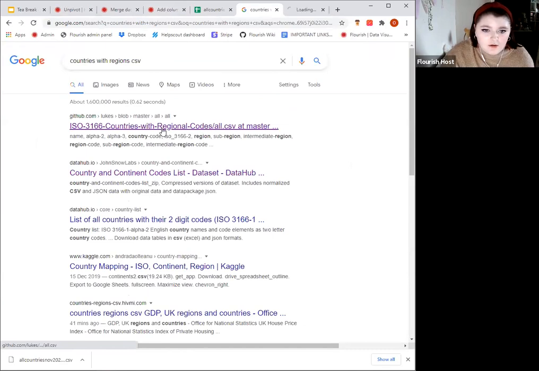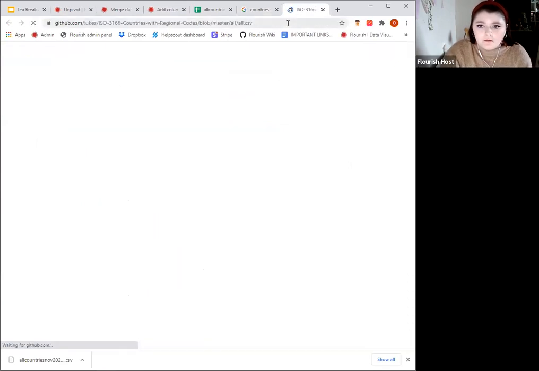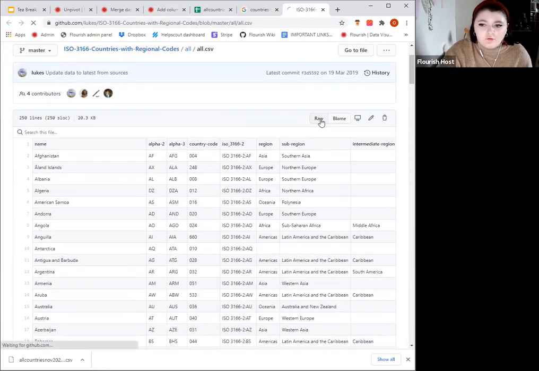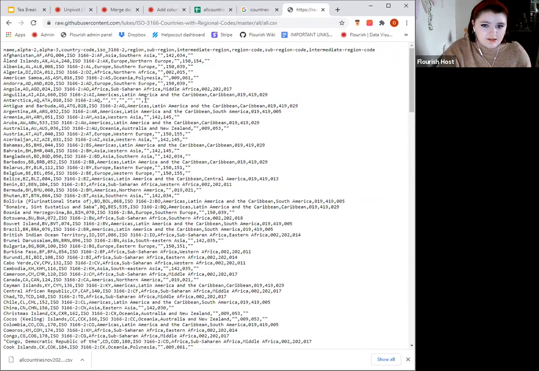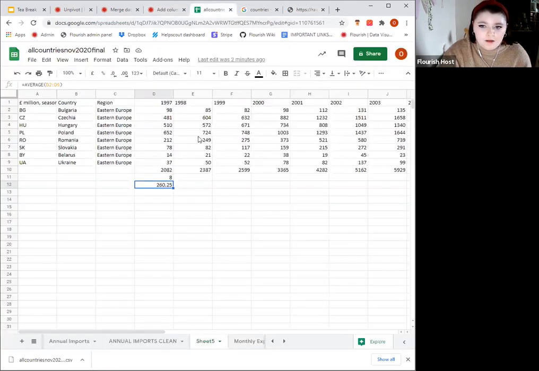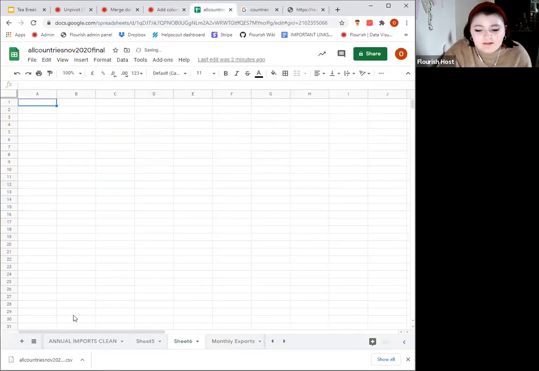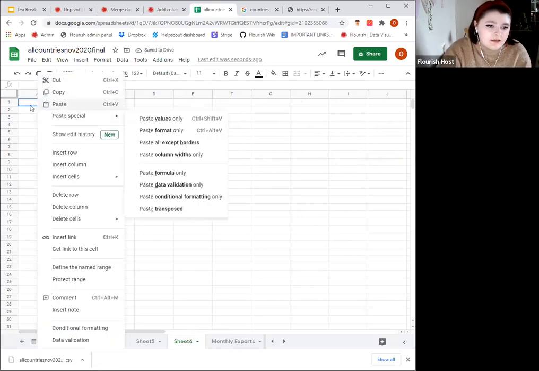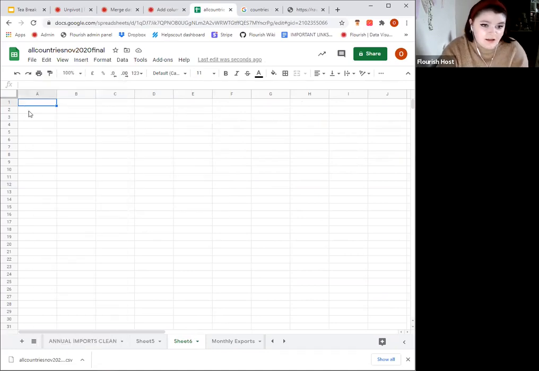Perfect, I'll use this GitHub one. Yep, so you can go into the raw file, and if you just select all this, copy it, because you can save it as a text file and then convert it that way, but I'm just a copy and paste sort of person. I just always copy and paste everything in.